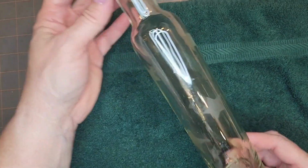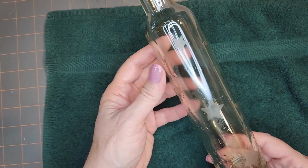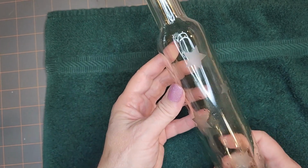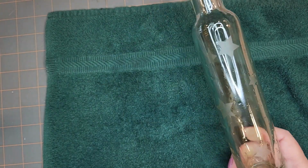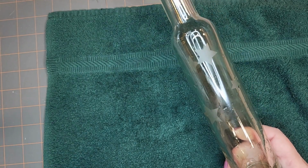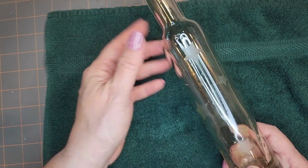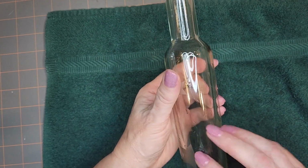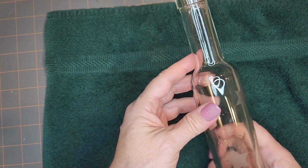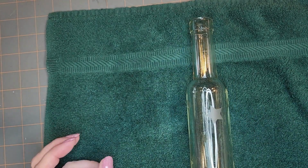Okay, everything's washed off, and I love this. You can see the stars there. They're subtle, but I just think they really are so special. You could even take an alcohol ink if you wanted them to pop a little bit more and add color to the areas that you have etched. I've seen people do that too, but in this particular case, I really wanted to do this as a neutral. So the next part is taking our